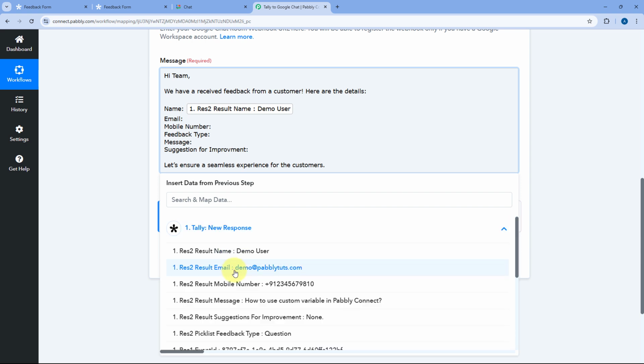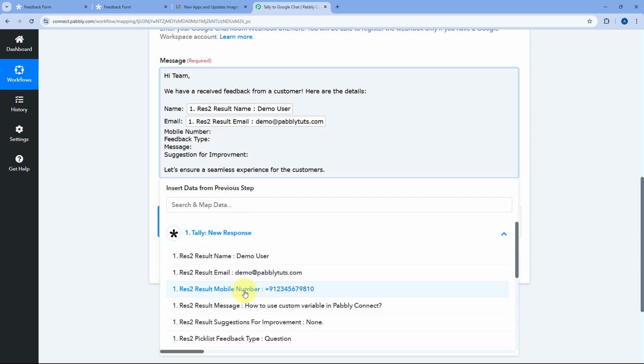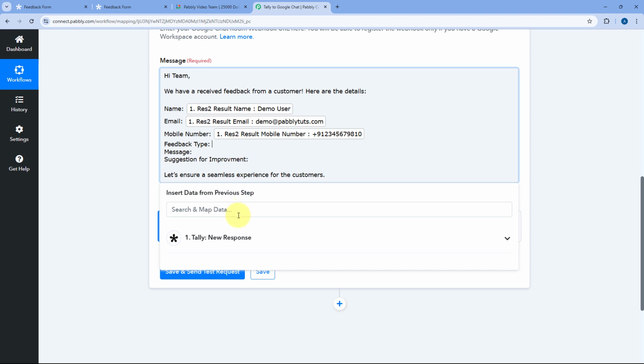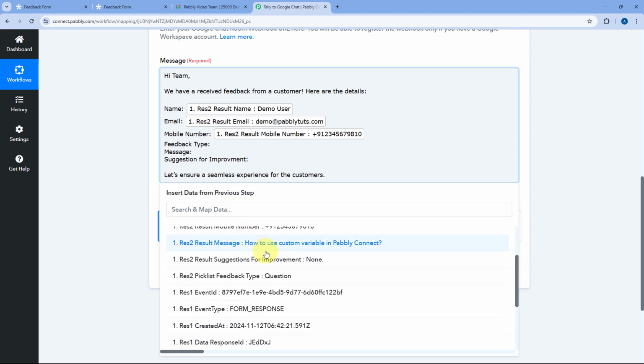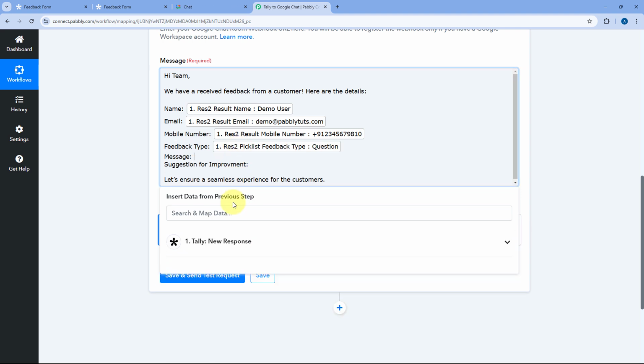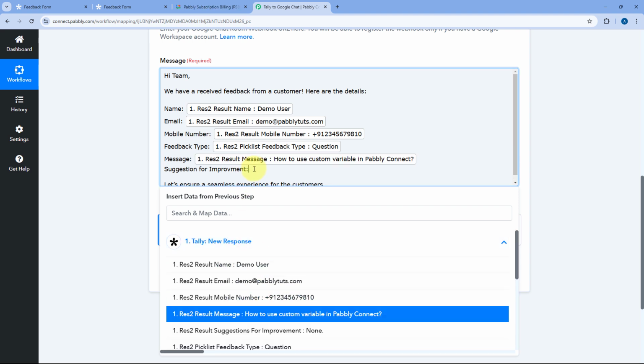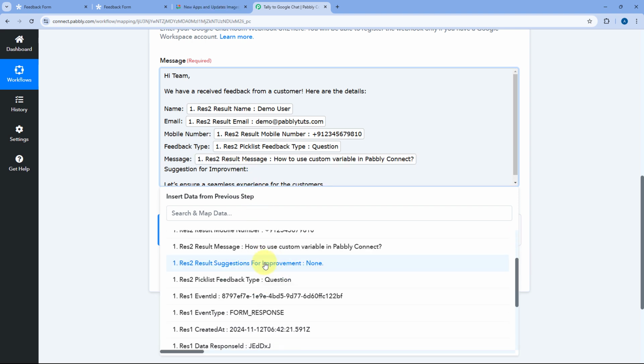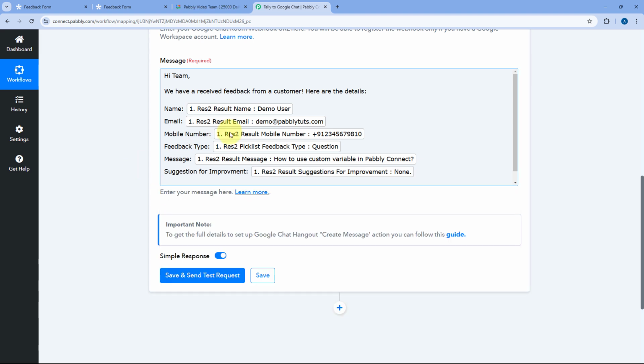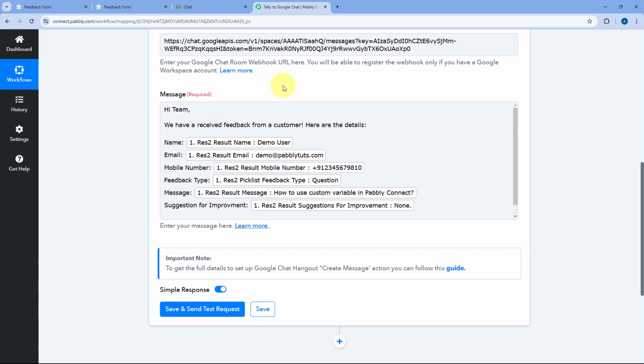Like here, we are going to map the email address, then we are going to map the mobile number, then we are going to map the response of feedback type. The feedback type was question. Then we are going to map the actual message which was entered by the user, and then we'll just map the response for the suggestion for improvement. In this way, all the details, all the form responses which we have received, we have mapped those details in